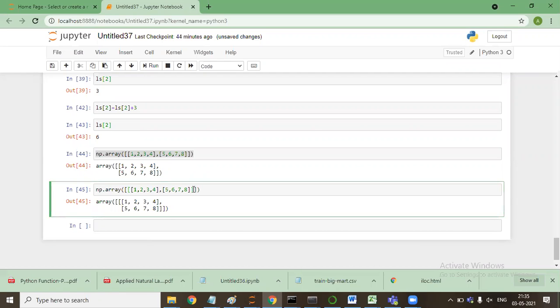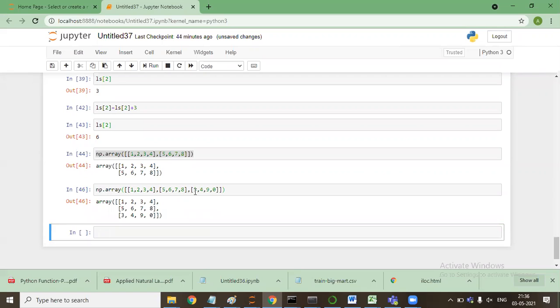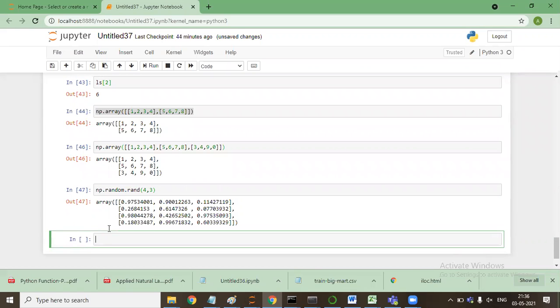If I'll say here... it is 2. It will say np dot random dot... now it will create 4 rows.